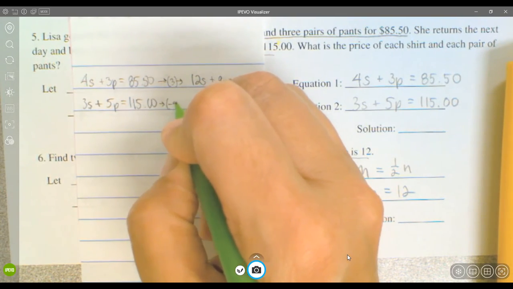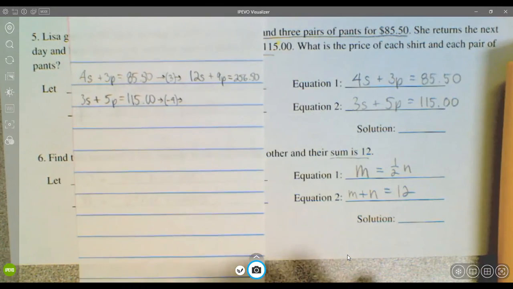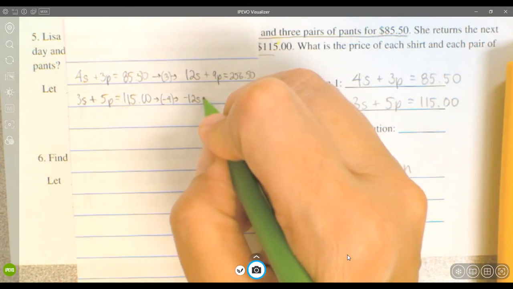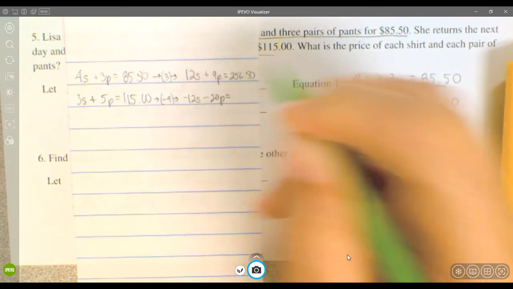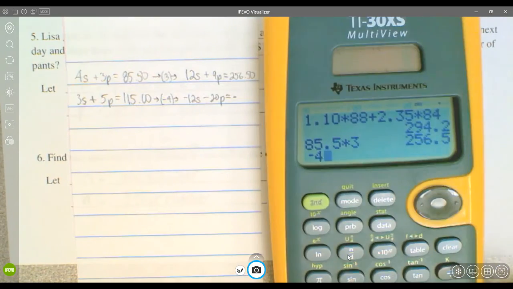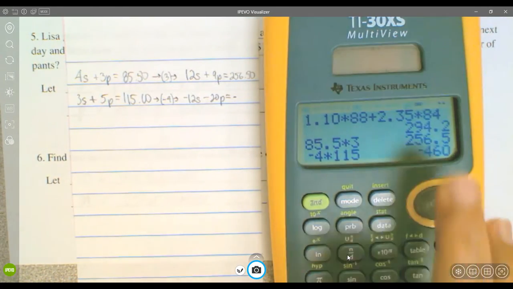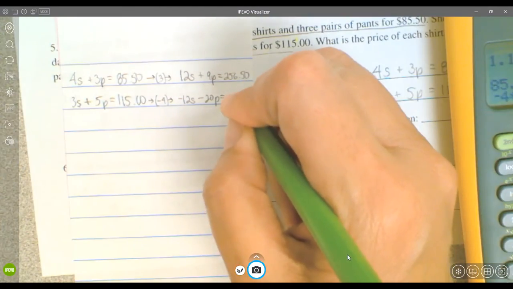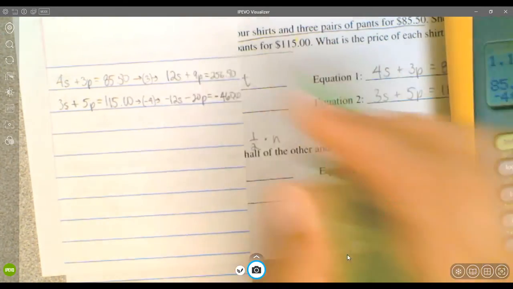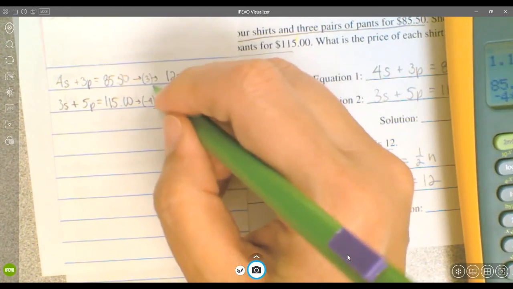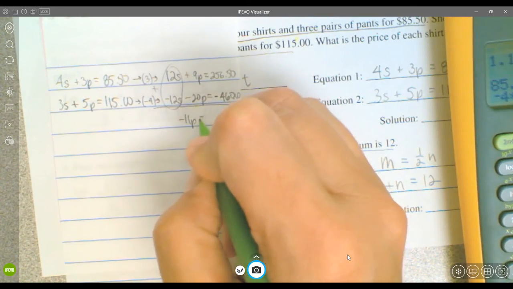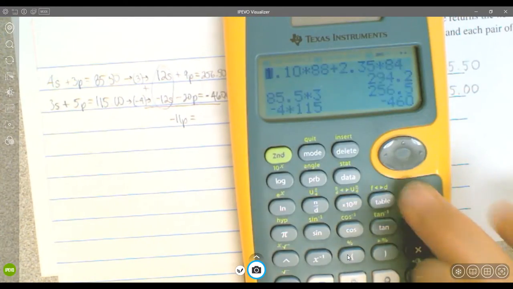So this one, let's multiply by negative 4. That way we'll get a negative 12S when we distribute. Minus 20P equals negative, let's see, negative 4 times 115 is negative 460. And I'll throw in some zeros if you need them for the dollars. Okay, so when we add, we will eliminate the S's. We're left with negative 11P equals, let's take